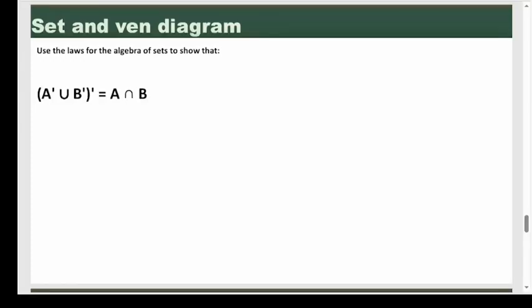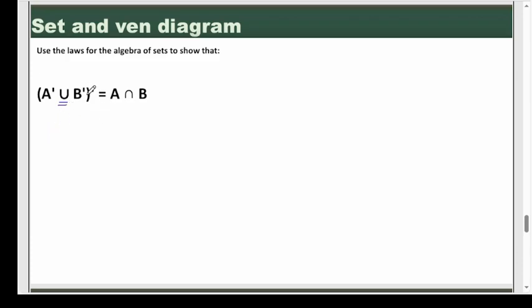I am going to prove the left side gives me the right side. To prove it, I have to apply this prime inside the parentheses. We know when I apply prime, if I have a union sign, it will become an intersect sign, and if I have an intersect sign and I apply prime, it would be the union sign. So here I have a union sign. Let's apply this prime step by step inside this parenthesis.